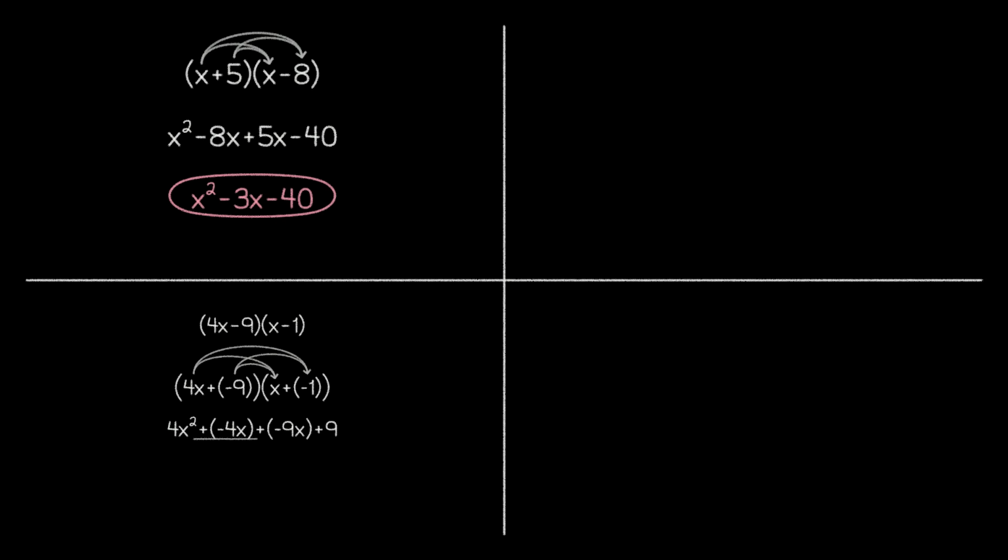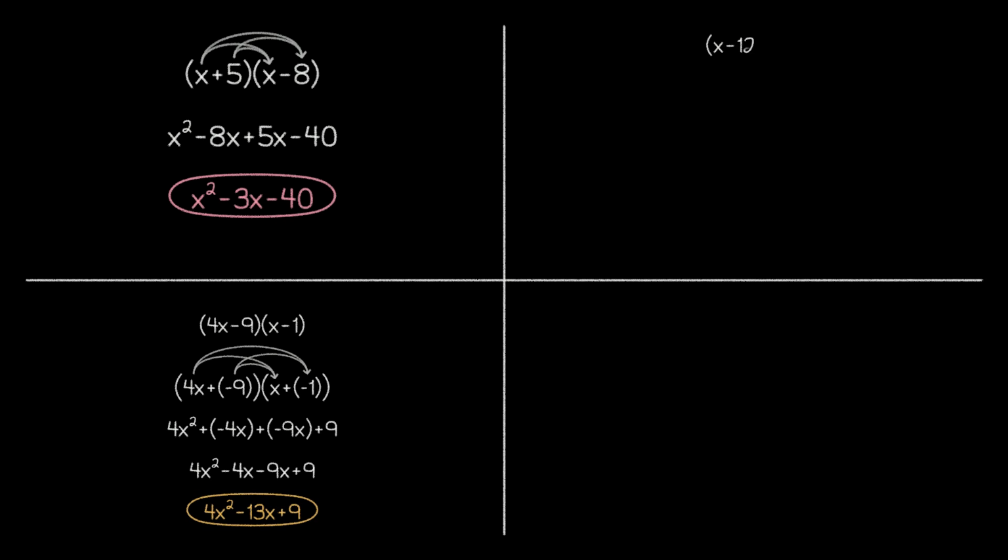Instead of adding negative quantities, we can now think of those as subtraction, which allows us to rewrite our expression this way. And finally, let's finish off the problem by combining like terms, which once again gives us the standard form. Note that while we could have gotten this result in a more straightforward manner, changing our subtraction into addition of negative quantities helped us manage our signs much more consistently.